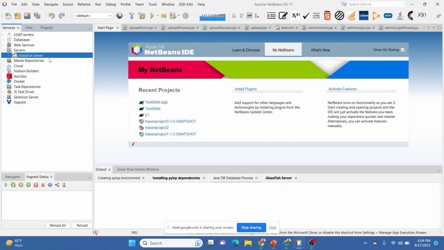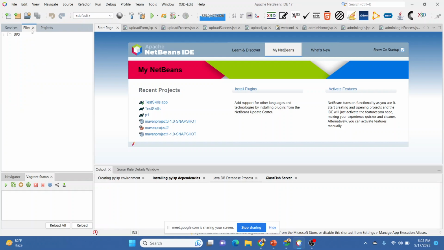And whatever you practice, you should be able to do in real life also, because without practice there is no programming language. It's the same as a normal language: how much you practice is more important than how much you read. So we have started our server.